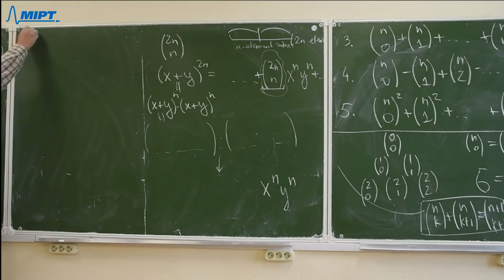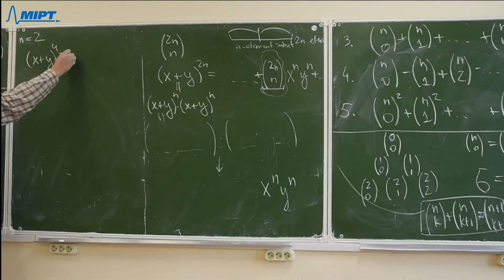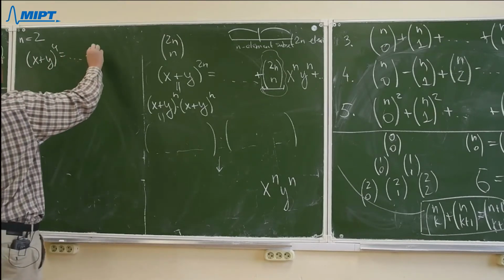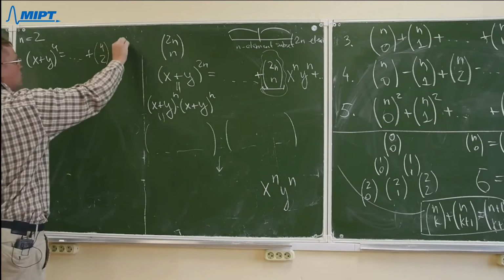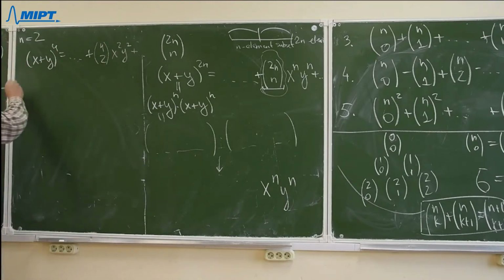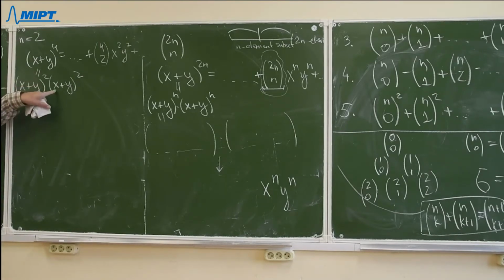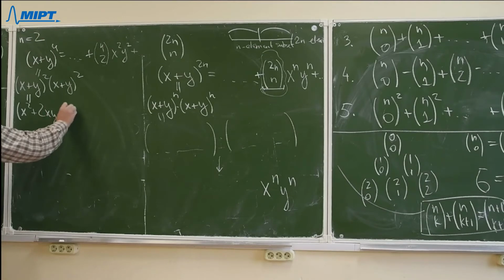So for example, n equal to 2. So we have here plus 4 choose 2, x squared, y squared. But if we write this as (x plus y) squared times (x plus y) squared, and open the bracket here, and open the bracket here,